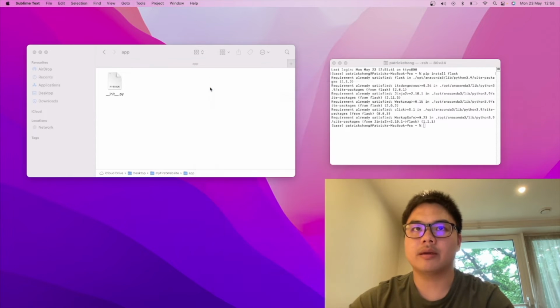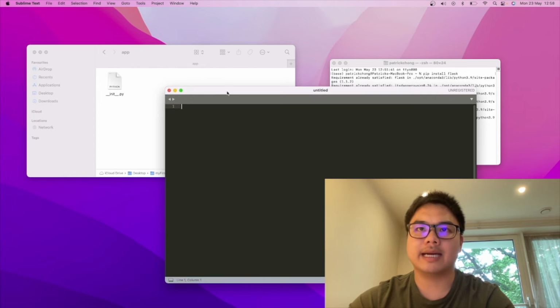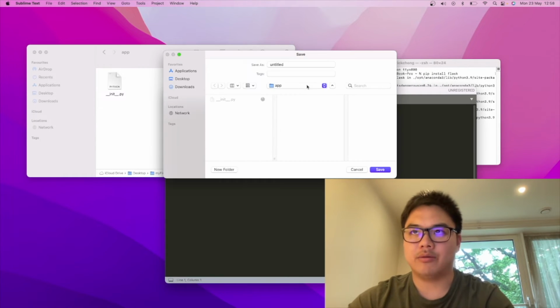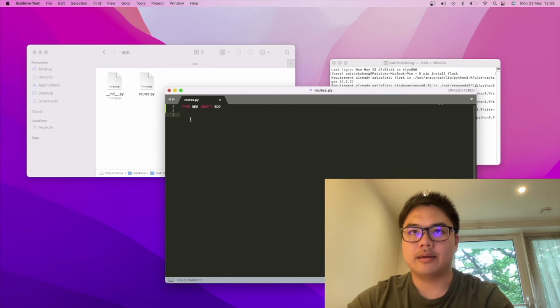So you save this down, and then you'll want to open a new text editor again, and we will save this down this time as routes, as we just discussed, routes.py, and you'll see it appear here. And then inside routes, what you want to do is we say from app import app, and then we want to create the route, and we use a decorator called @app.route,